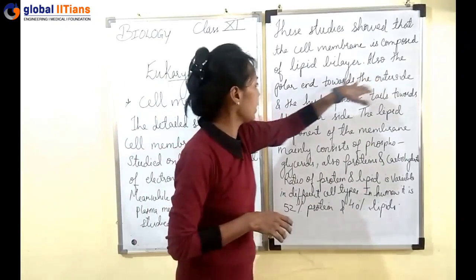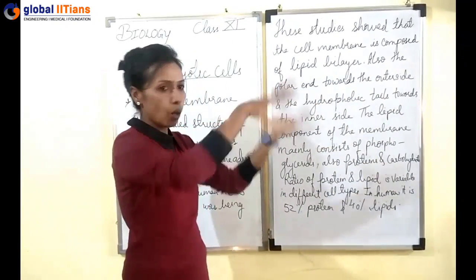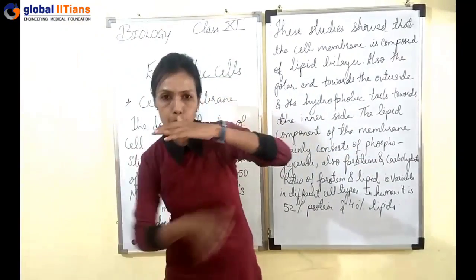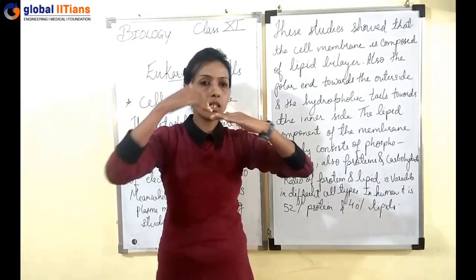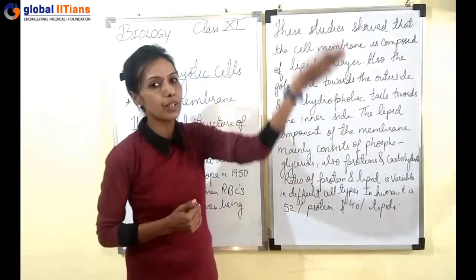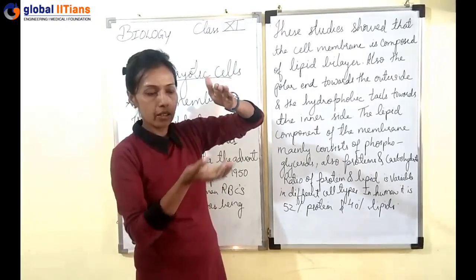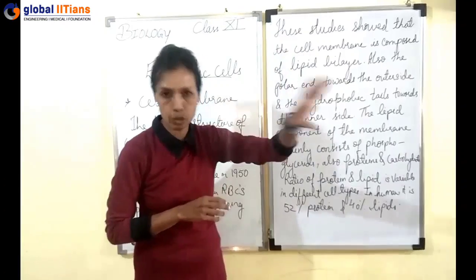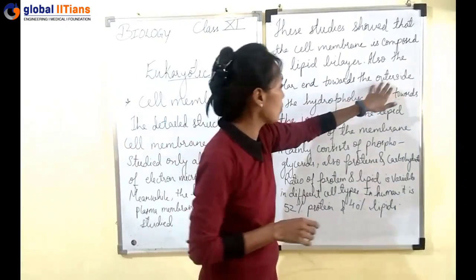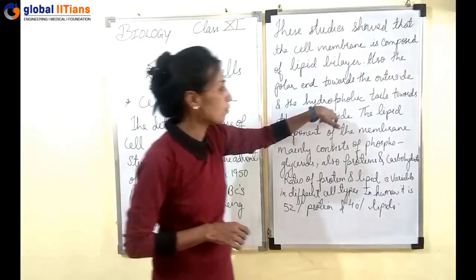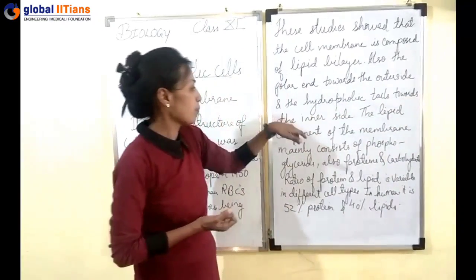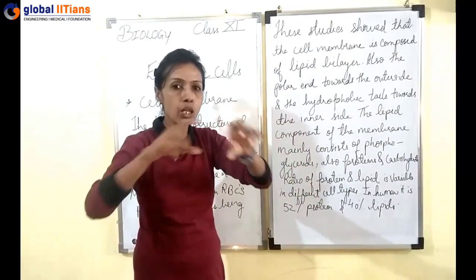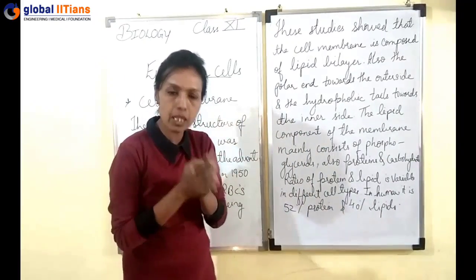So the polar ends lie towards the outside, that is the hydrophilic side. The outside of the cell membrane is an all-aqueous environment. That is water loving, you can say, the hydrophilic, and the hydrophobic end will be facing inside the cell membrane, that is water haters, you can say. So the polar end will always lie towards the outside, and the hydrophobic tail part will be lying towards the inner part of the cell membrane. I will be sharing with you the actual structure, the picture of the cell membrane,